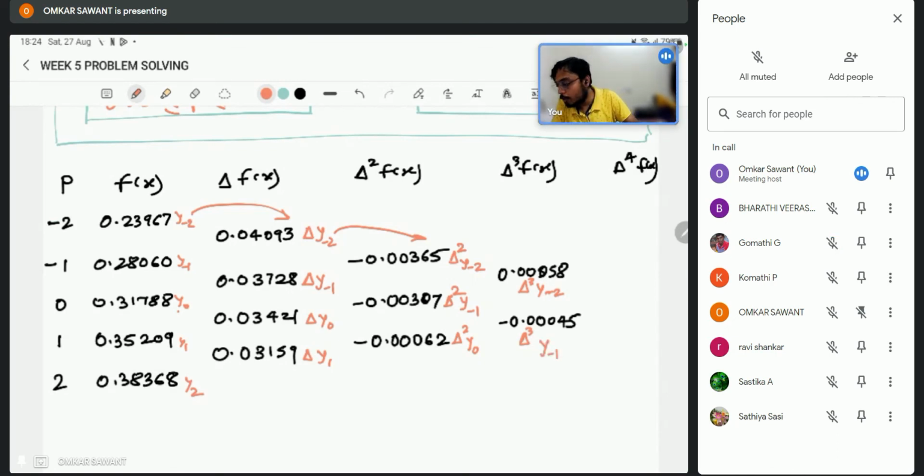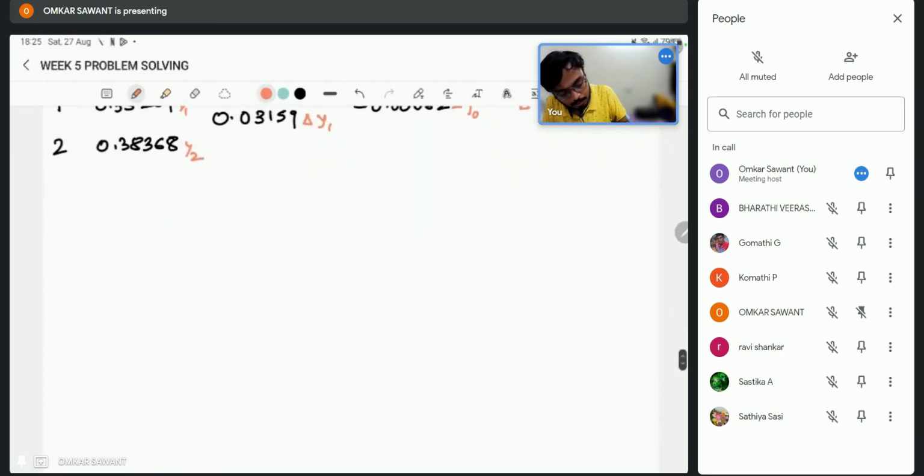Okay, the final value will be del to the power 4 y minus 2. Correct. Okay, this was the most important part. Now, the formula. Formula is